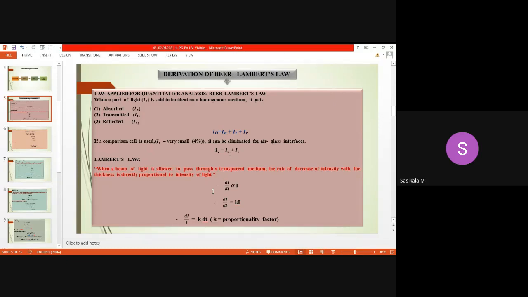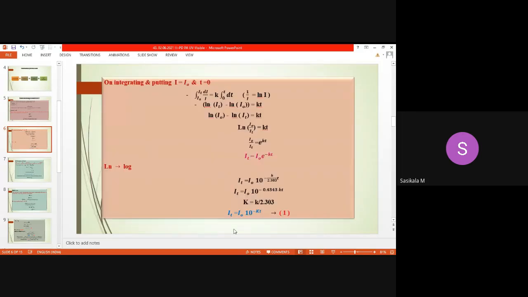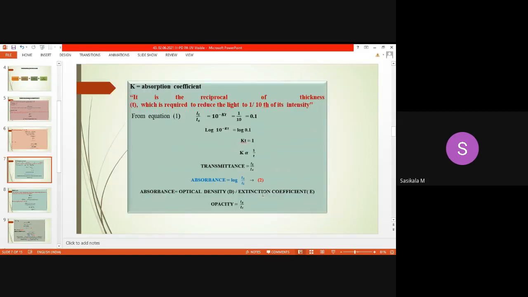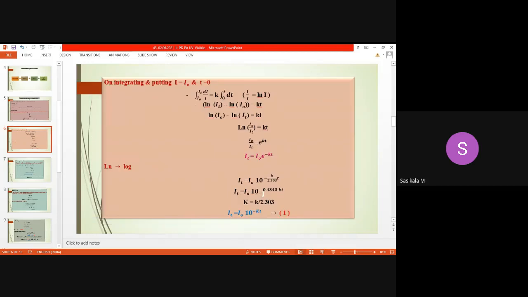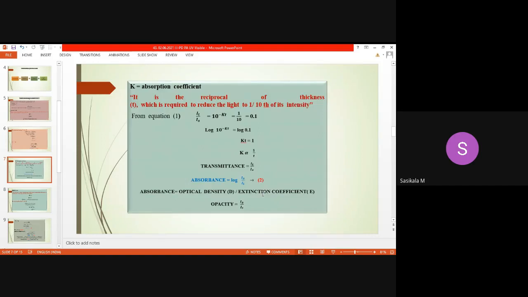Now I'll just explain the concept behind Lambert's law and Beer's law. From this, you need to find the steps given here for the derivation process. I'll give the material; just find the derivation there. You can learn the derivations on your own. I'll be explaining only the concepts behind the laws. If I start to explain the derivation, it will take more time, and this step by step derivation was prepared by your senior Pungodai in 3rd year Pharm D.